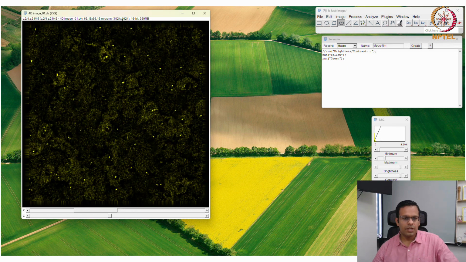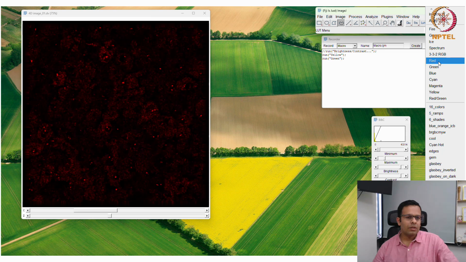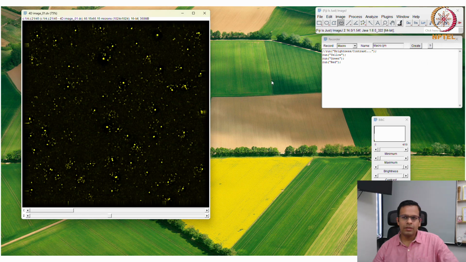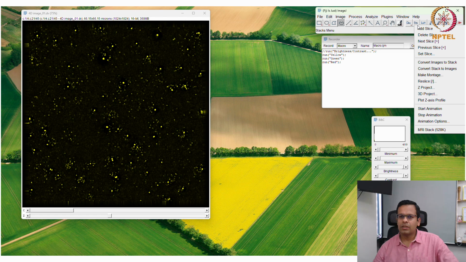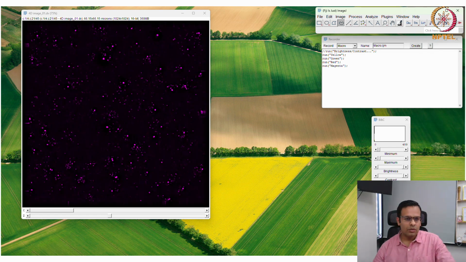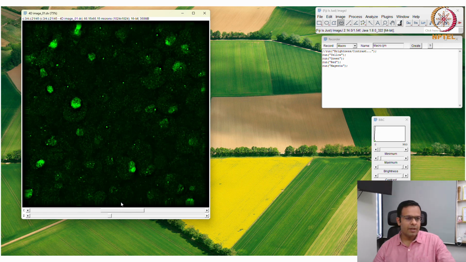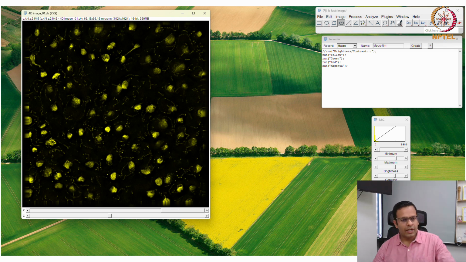Then the third channel here, I will give the color red, and this channel I'll give the color magenta. Okay, so the single molecules of mRNA are in magenta color, then the transcription sites are in red, the nuclear protein is in green, and the nuclei are in yellow color. Okay, so I gave 4 colors to these 4 channels.